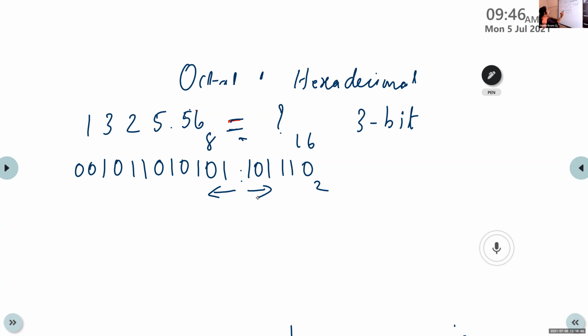Okay, so 1, 2, 3, 4, this is the first group. 1, 2, 3, 4, this is the second group. Here 4 bits are there, so this is the last group. Then after that, 1, 2, 3, 4, this is the first group. Here only 2 bits are there, so we have to add 2 more 0s here.